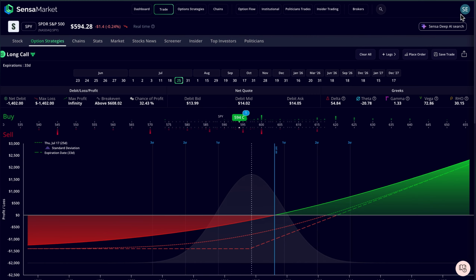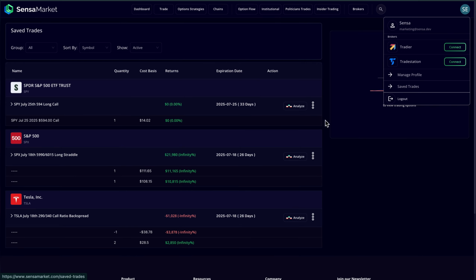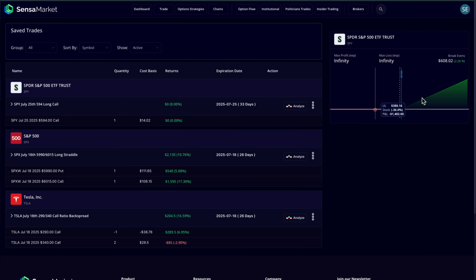So I've saved the trade, and the final thing I want to show you is this. If you go into your account and click on Saved Trades, you'll see the trade we just created. It's listed right here. From there, I can click on Analyze to analyze the trade. And if for any reason I want to remove the saved trade, I can simply click on the three-dot menu